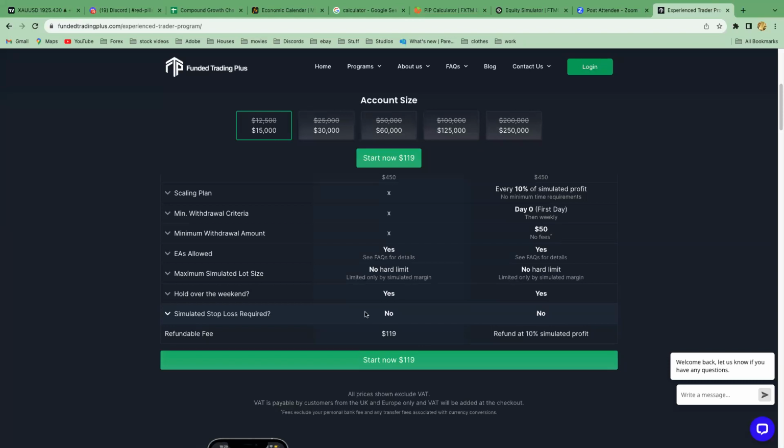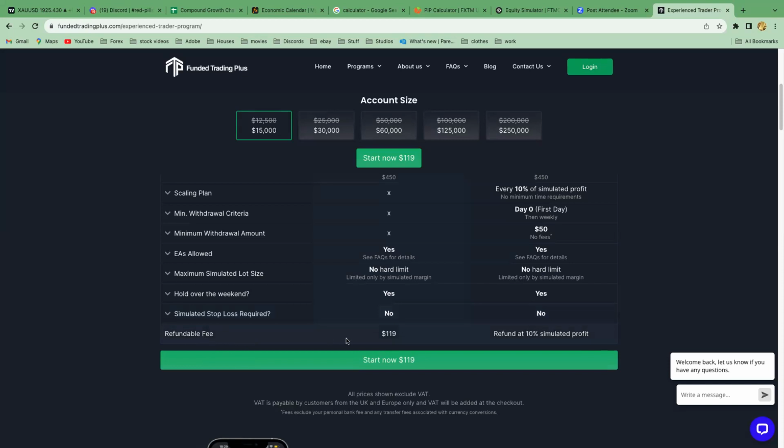I'm not trading 30 lots on a 200k account. I kid you not, I'm trading like a 3 lot on a 200k account, people. I want people to understand this. That's what John's doing. So I don't want people to look at me like, how are you doing this, John? It's because I'm lowering my risk. The risk is coming down. Bring it down, people. Don't give yourself stress. Bring it down. That's it. Simulated stop loss required, no.